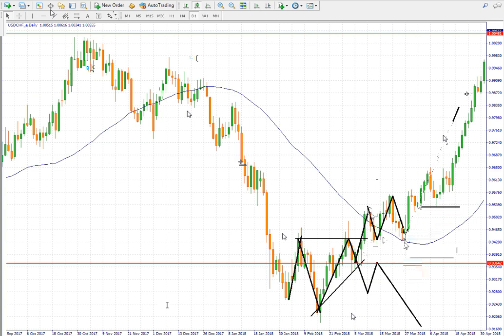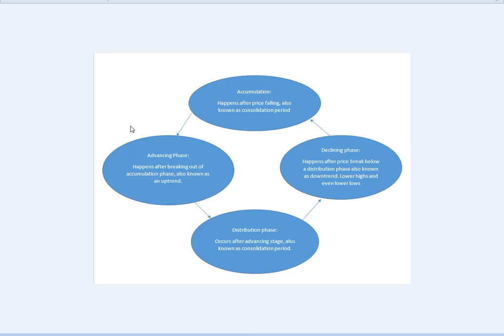So from this screenshot, we have the advancing stage being the second one. We need to explain that instead of distribution, we need to go to the advancing stage first. So we actually moved from the accumulation stage, then we are going to the advancing stage, then we'll go to the distribution stage before eventually we go to the declining stage. On the real chart, there's something you need to say. Let me put that down first, that the order should be